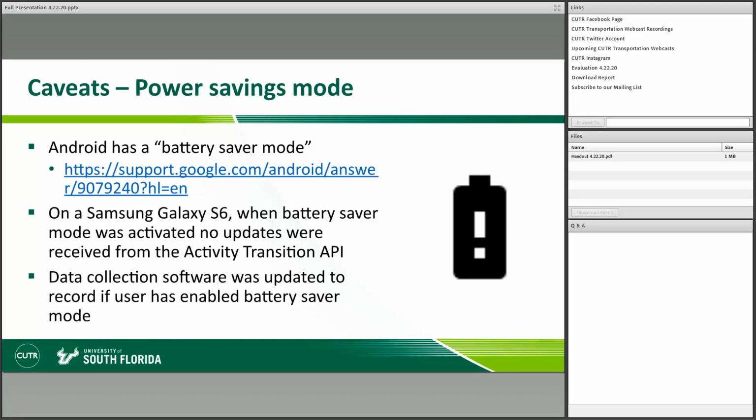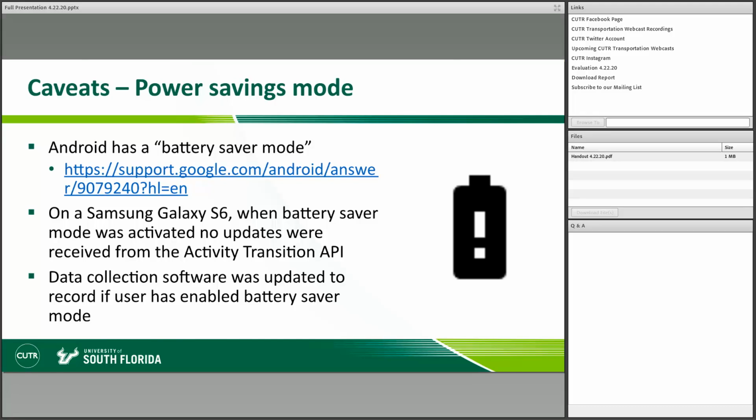If the user is getting towards the end of the day where their battery may be starting to run out, the user may flip on the battery saver mode to make their battery life last a little bit longer than it normally would. Typically the device will slow down the CPU, make the screen dimmer, turn off background location processes, and do other things to try to reduce the impact on the battery.